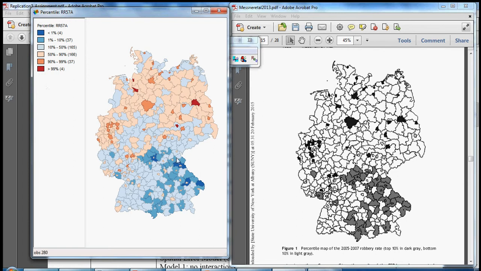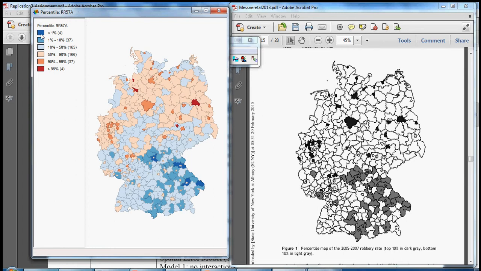Those tend to be in northern Germany. Indeed, the smallest values are in dark blue, and those cluster around southeastern Germany, and the very highest values appear in dark red, and those are sprinkled about in northern Germany. So just a cursory glance at this map shows a good correspondence, but if we wanted to make it